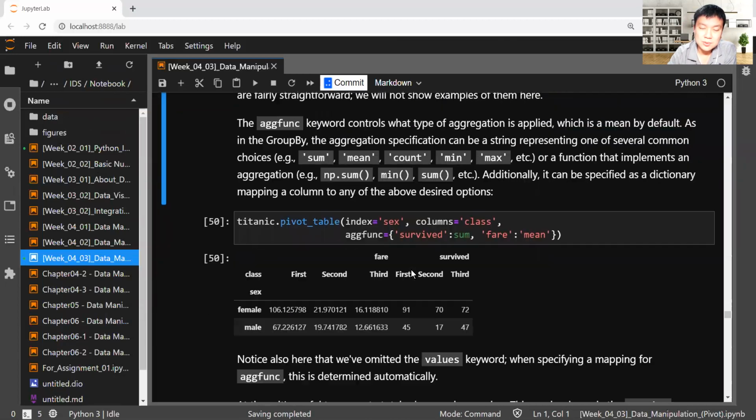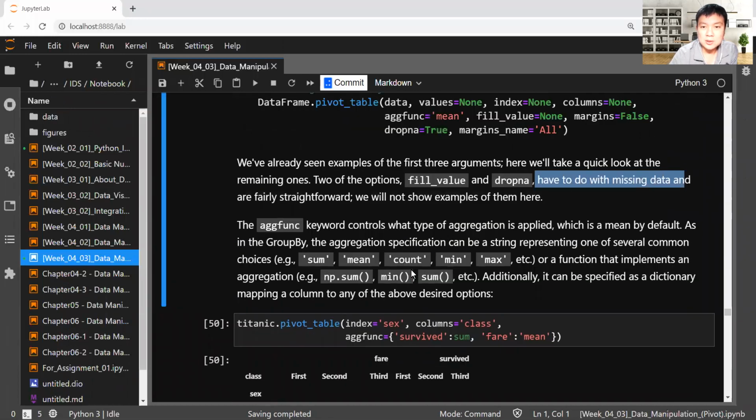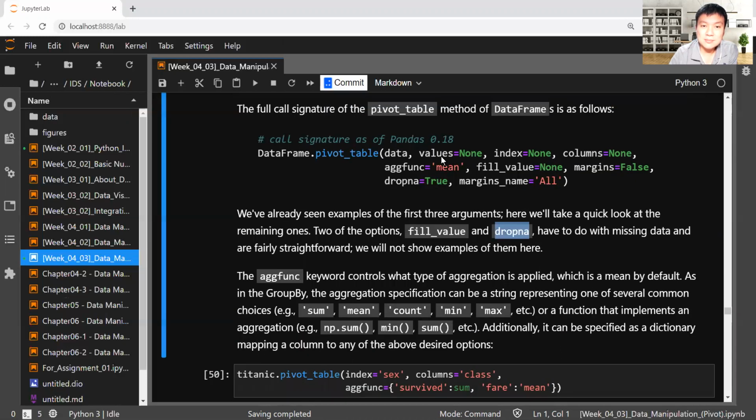So in order to deal with the missing data, you can use fill value or drop NA. Fill value means you want to fill with something. If it is the pivot table, if you want to fill with a static value, then you can, or you want to fill with mean or median, you can put it here, but the